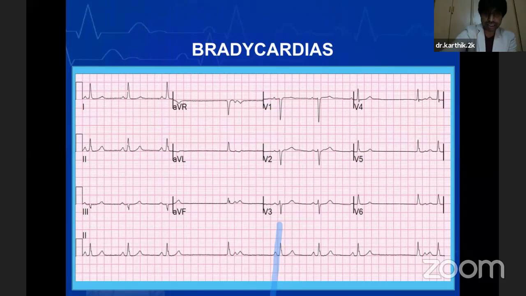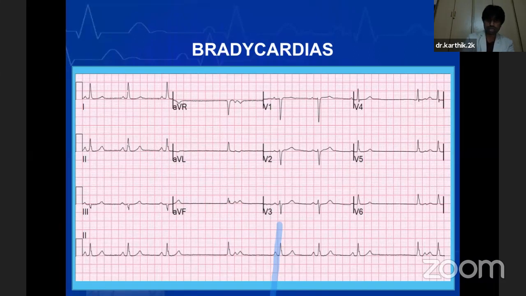So here you can see that the QRS complex is normal. It's neither broad nor narrow. There is a P wave which is followed by a QRS complex. If you see the rhythm strip, that is lead 2, which is located at the bottommost line of the ECG shown here, you can see that the first beat is having a P wave QRS relationship. Second beat is having a P wave QRS relationship. Third beat is having a P QRS relationship. And if you see, the PR interval is more or less the same for all these beats.